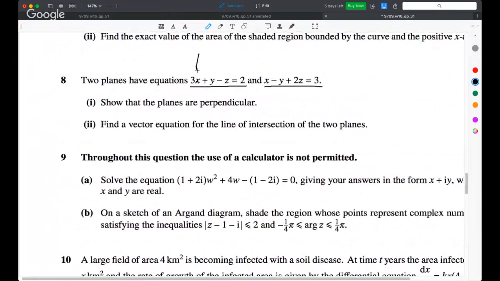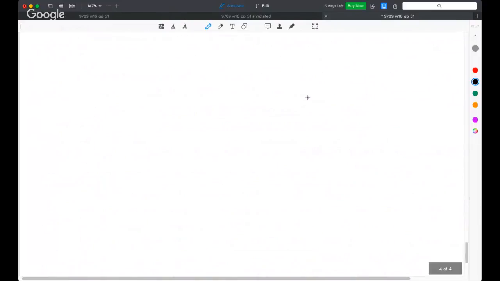In fact, it's just the coefficients of the x, y, and z. So the normal to this plane is 3, 1, minus 1, and the normal to that plane is 1, minus 1, 2. Now, I would like to just show you why this works. So let's see, I've got a beautiful blank page down here. So this is question 8.1, background information, just for your edification. So let's look at that first